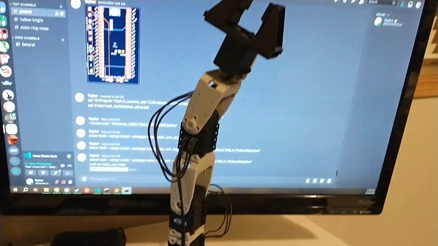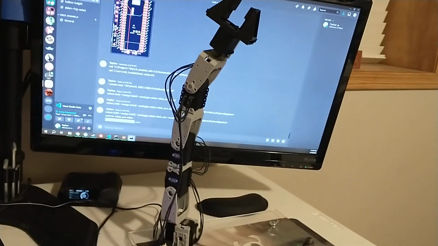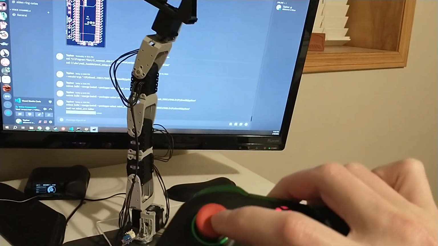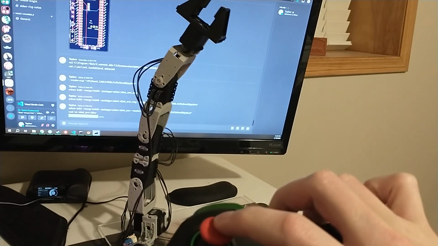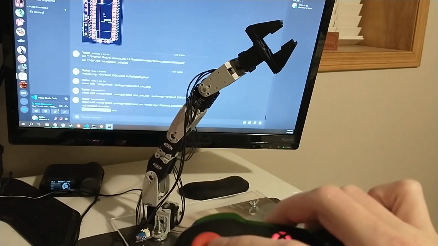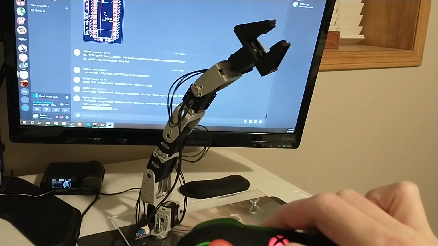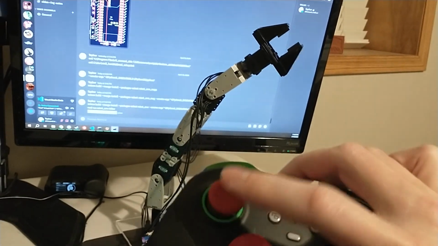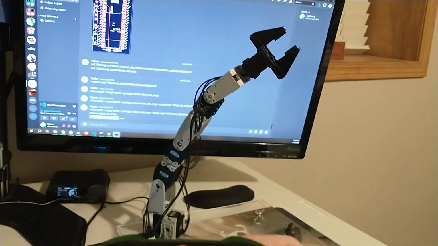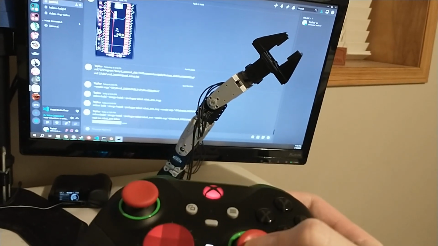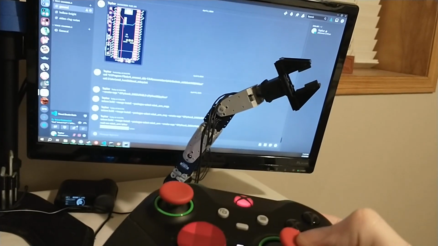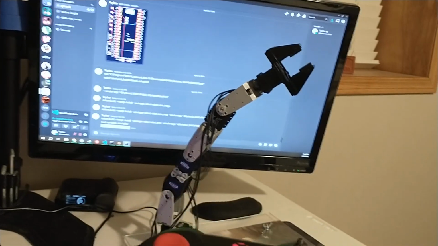And so if we come over here to the robot itself with the controller, so up and down moves the second joint. Left and right will rotate the robot. And that's all on the left stick. And then the right stick does the last two joints, with up and down being the end joint there, and left and right being the second to last joint. So